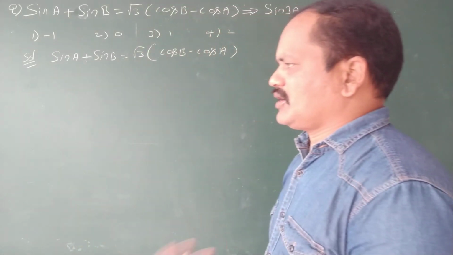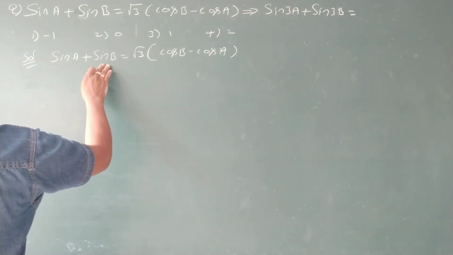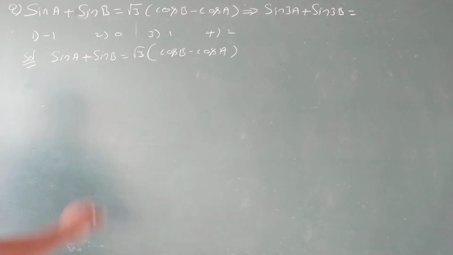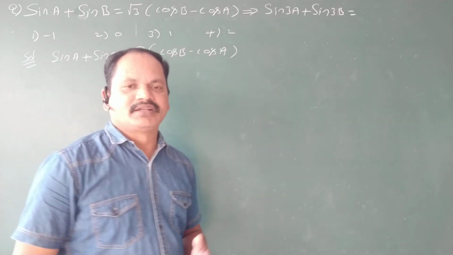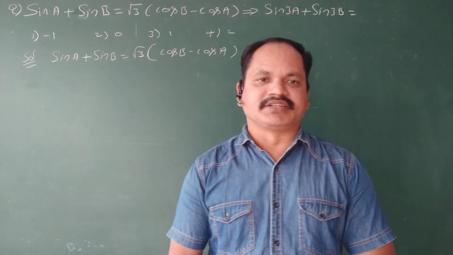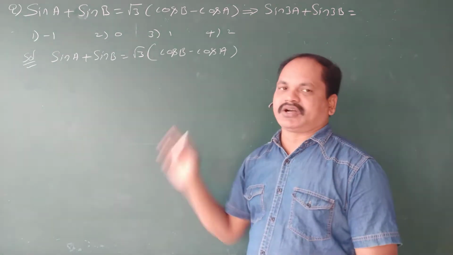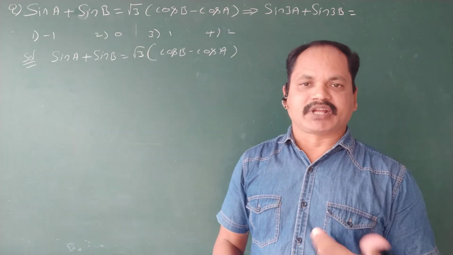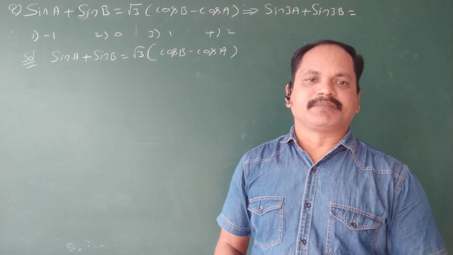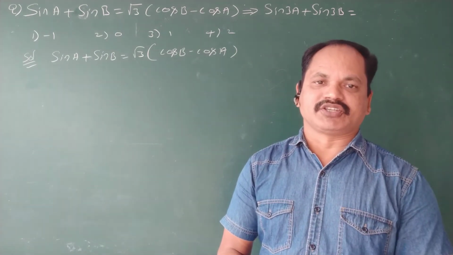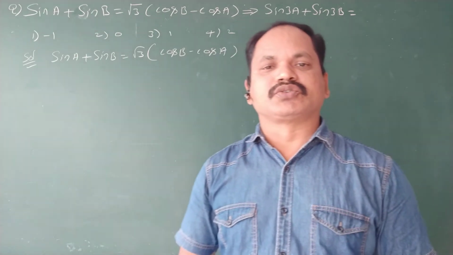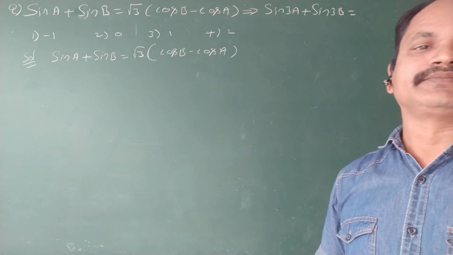That's all. Now this can be written in terms of sin C plus sin D. We know the formula for sin C plus sin D, that is 2 sin C plus D by 2 cos C minus D by 2, and cos C minus cos D, that is 2 times sin D plus C by 2 into sin D minus C by 2. So according to those two forms we have to write it.